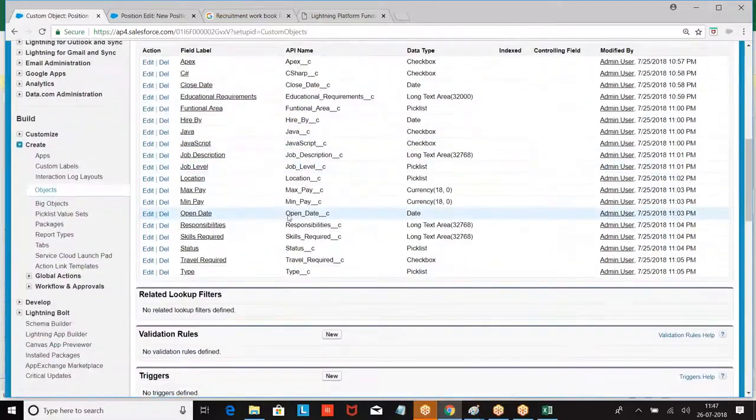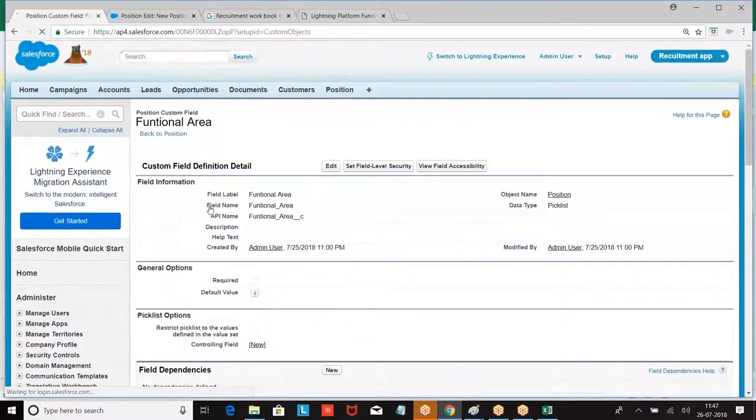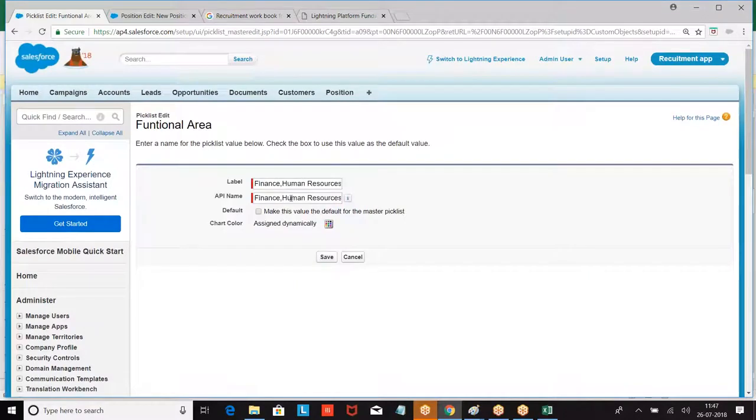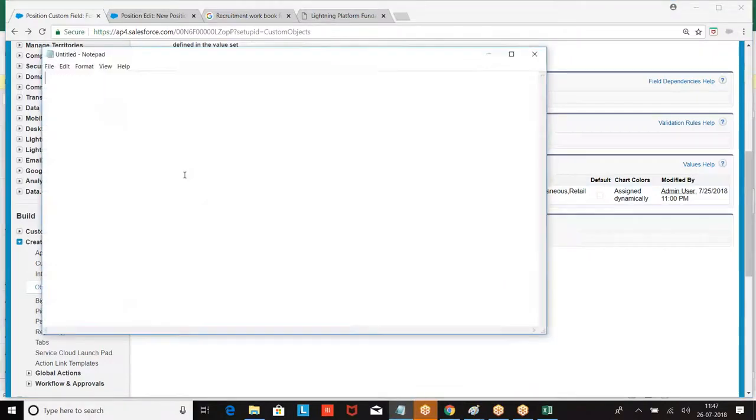Go to every pick list field, functional area. Then open the functional area. Edit. You are supposed to take these options. So let me take it.